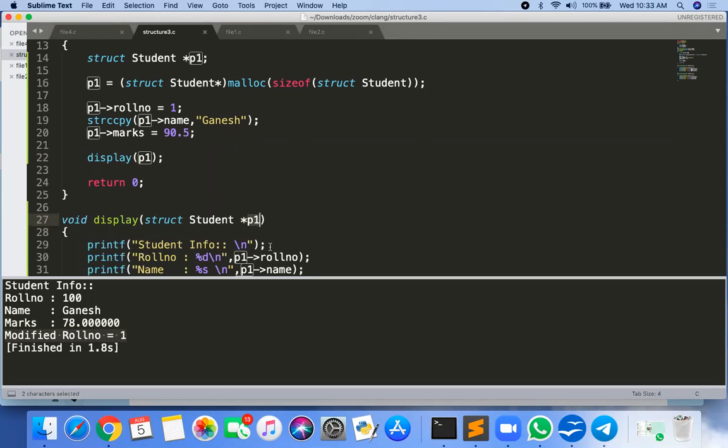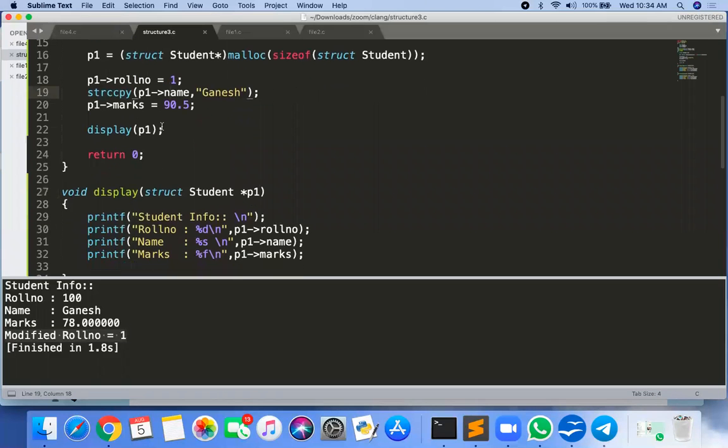This P1 and this P1 are different: the first P1 is present in the main function, the second P1 is present in your display function. But what is the same here? P1 contains the address of the object, and the same address is copied into this other pointer. Now this object has two pointers, P1 of main and P1 of display.